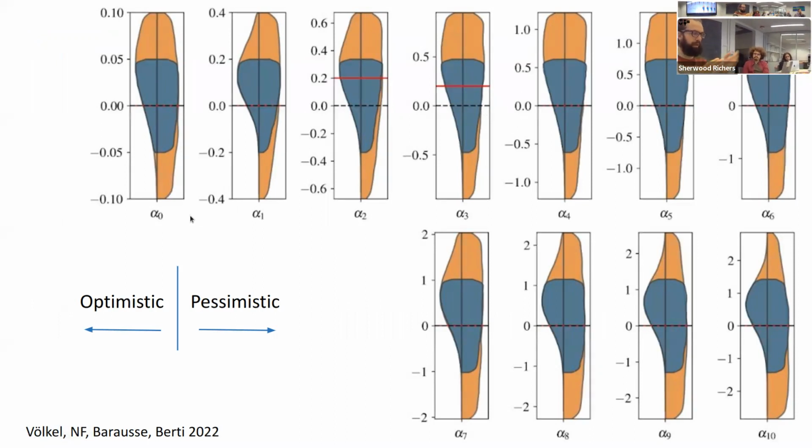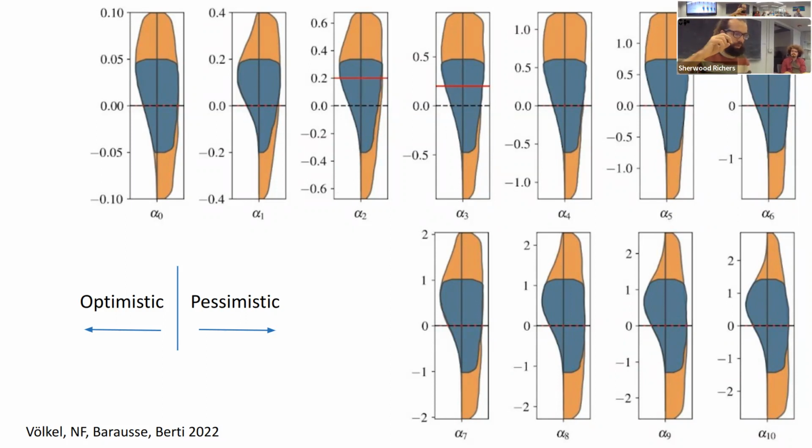The left side of each panel will show the optimistic case, and the right side only the pessimistic. And the red bands are the injections for each of the alphas. So you see that all of the alphas are 0, except for the injected alpha 2 and alpha 3. And the different colors, blue and orange, are just a different choice